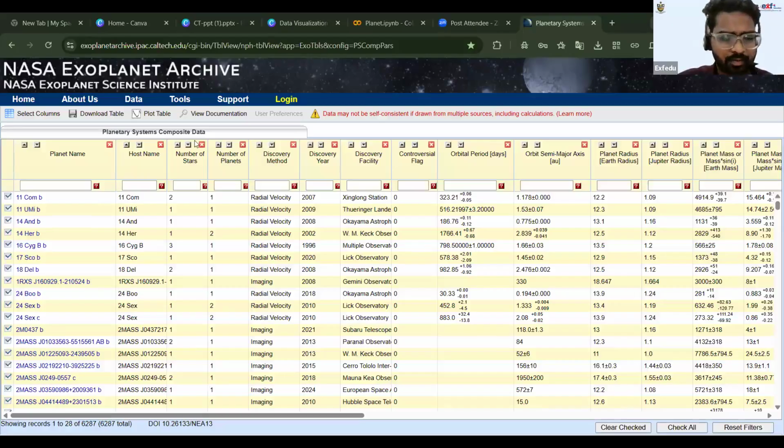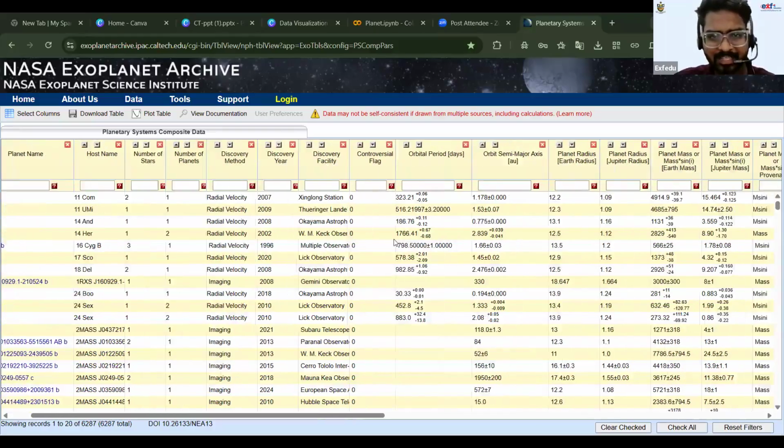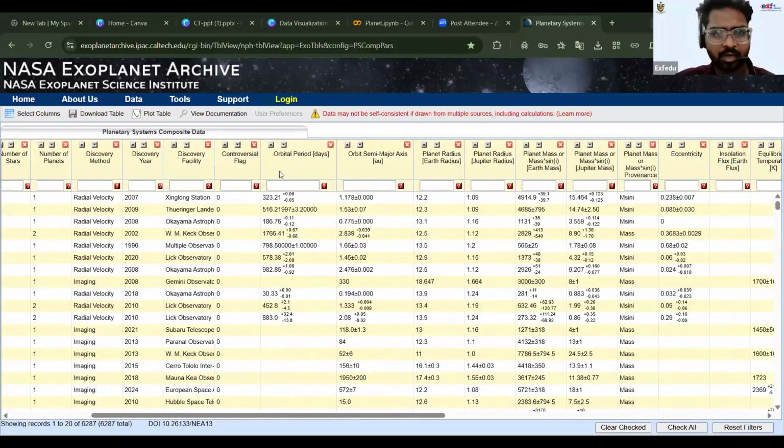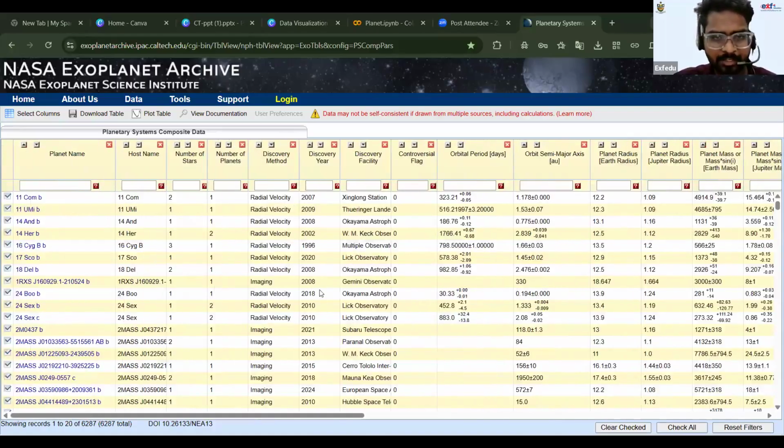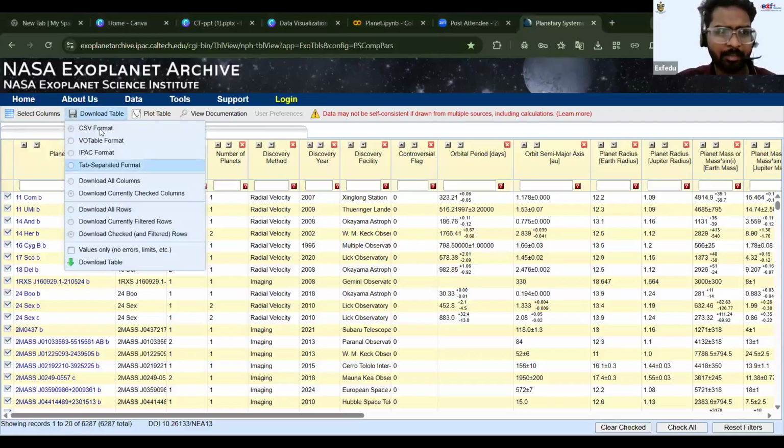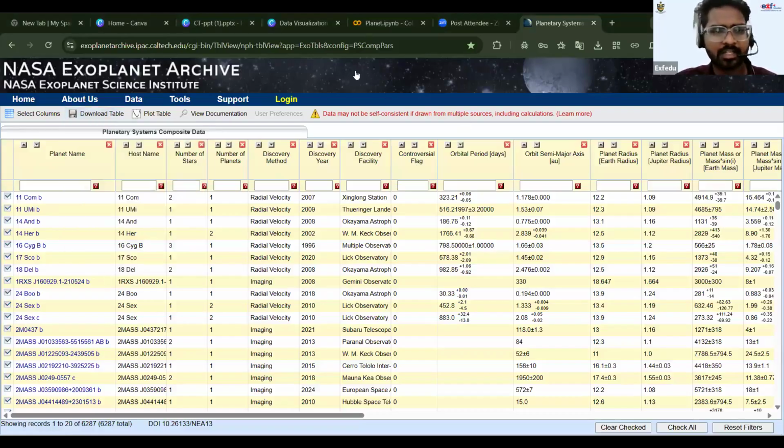So this is all about planet data. So when the planet was discovered, what is its name? And you also have the metrics regarding the planet itself. So let's say its orbital period, what is the radius of the planet, what is the discovery year, in which year it has been discovered, and what kind of planet it is, either a gas giant or a super Earth. So these constraints are considered. So this is all about your data, and this is where I have already downloaded the table. You can download this in multiple formats, and even with an SQL query, you can ingest the data into your environment itself, right?